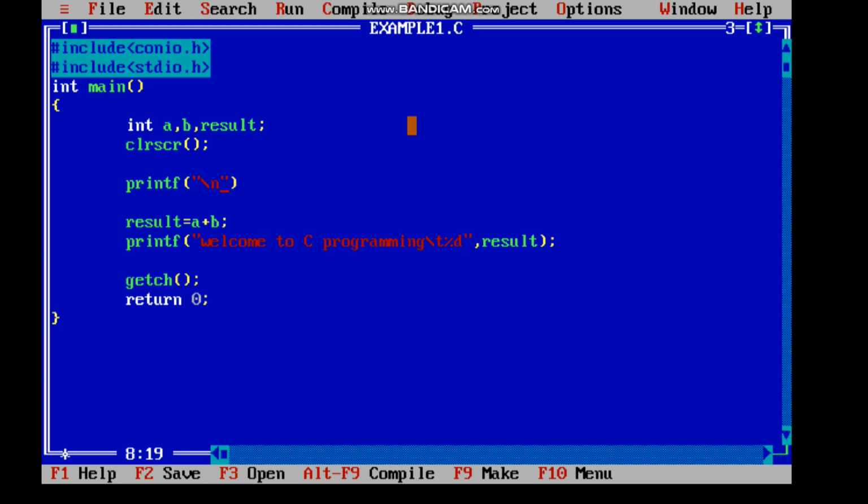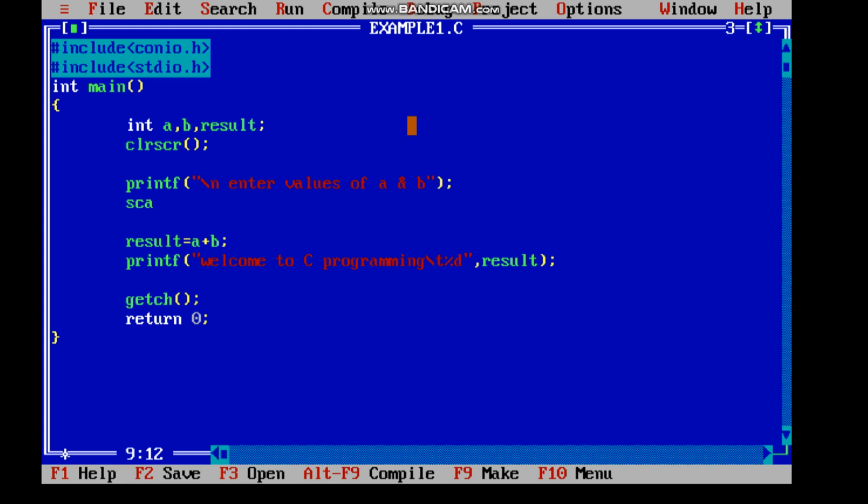So we can give an input message, enter values of A and B, followed by the symbol. Then you have to use a scanf statement. By using a scanf statement, you can get the input. So in a scanf, you can use %d.